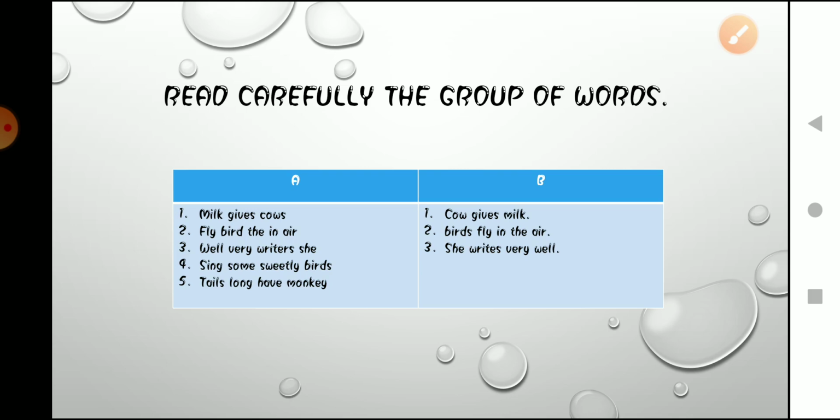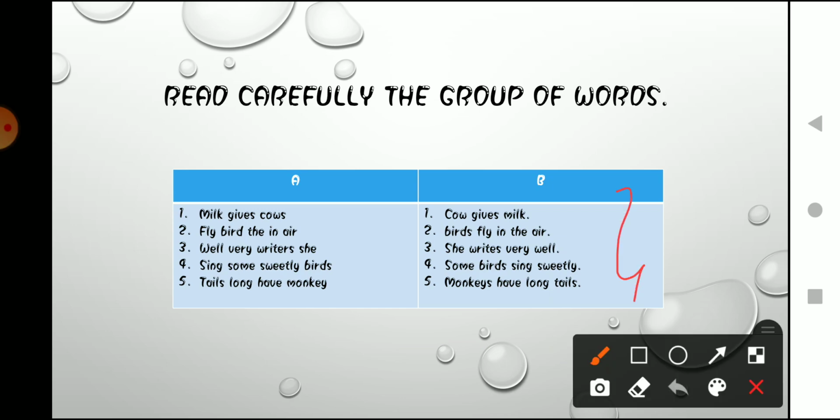What about the fourth one? The fourth one is sing some sweetly birds. Think about it. How can we write these words in such a way that it makes some sense? Yes, we can write it as some birds sing sweetly. Now what about the fifth group of words? The fifth group of words is tails long have monkey. If we write it as monkey have long tails,